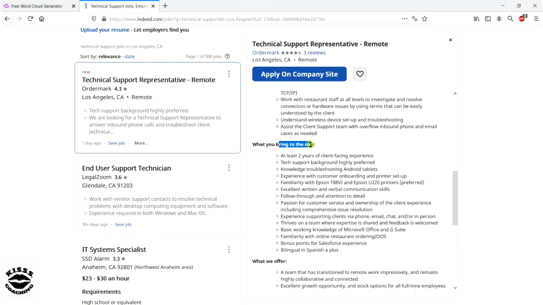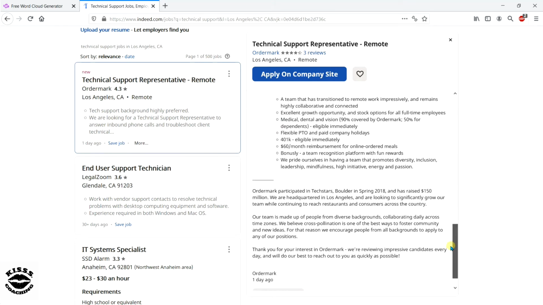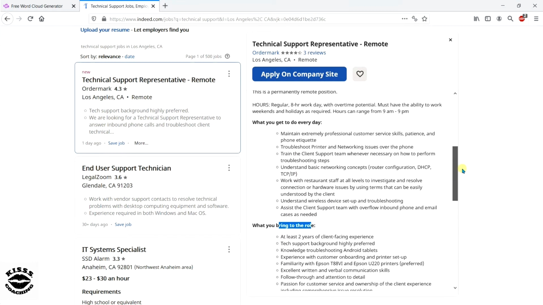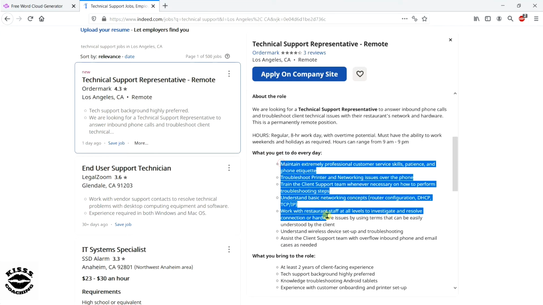Also, what you bring to the role, your experience and qualifications. And as I look at the rest of this, it's not really that important in terms of expertise, skills, and qualifications. So, I am going to select this text